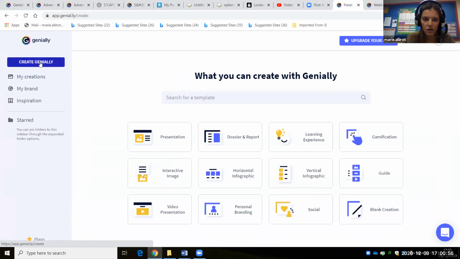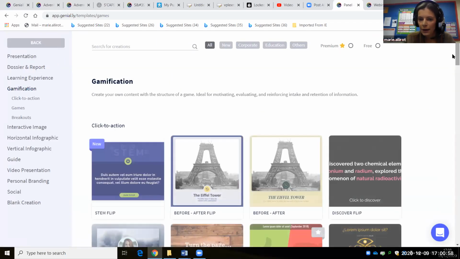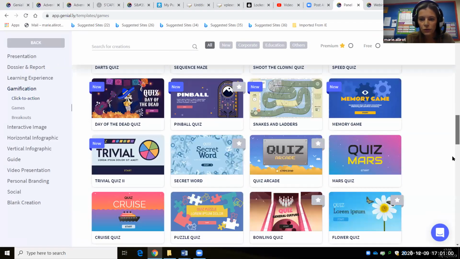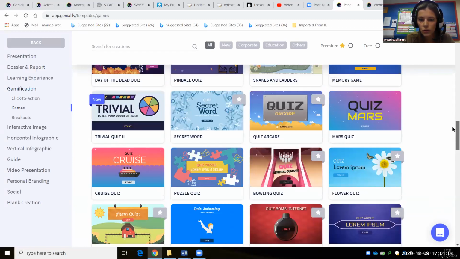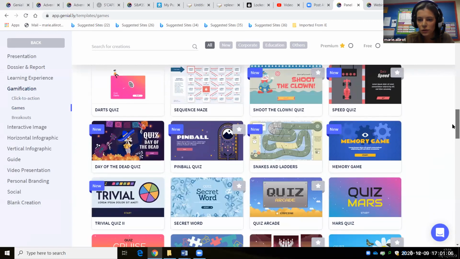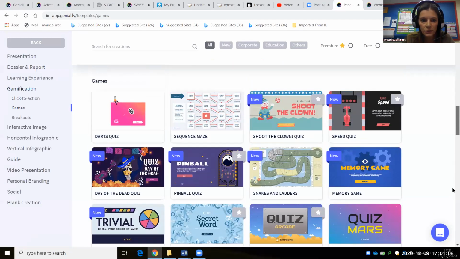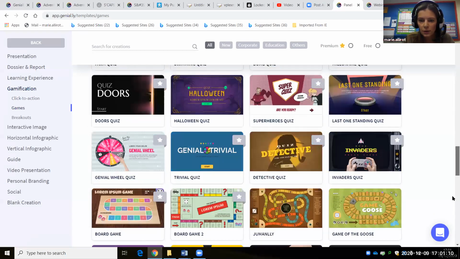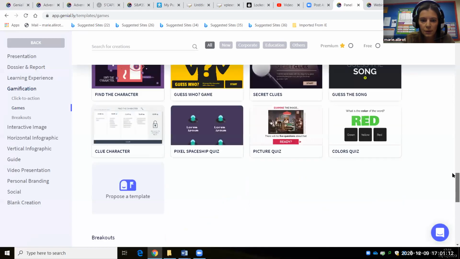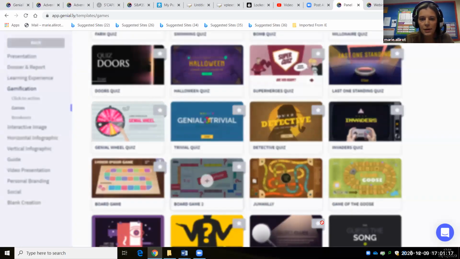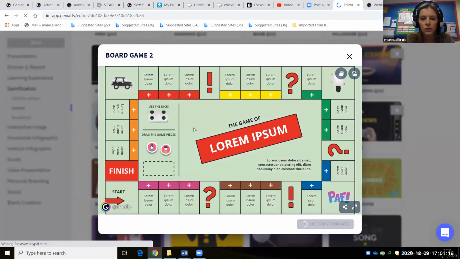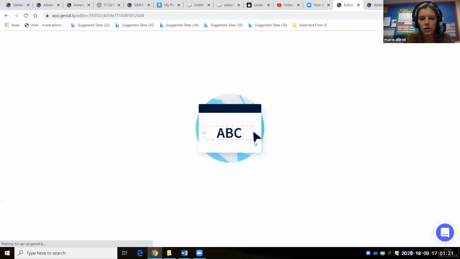Okay, so you wanted to add a page from a template to one of your Genially. So if you create a Genially from a template, you will have to save it. So for example, imagine you want to use that board game template, but you want to include one page in your Genially.